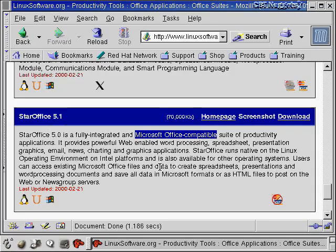Okay? Now, I'm always a little bit leery of things that say so-and-so compatible. Right? I've always run into problems with that. They're compatible in 90% of the situations, but there's always those extraneous things that make them not be compatible. So if it was up to me and I was running this office and there were some Linux users, some Windows users, and people wanted to share files, I would get everybody to install StarOffice, because StarOffice runs on Linux machines, it runs on Windows machines, and then the compatibility